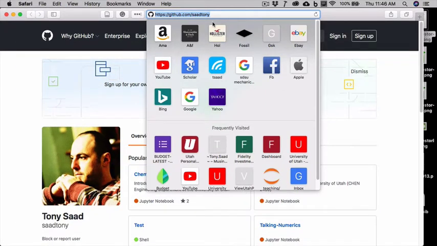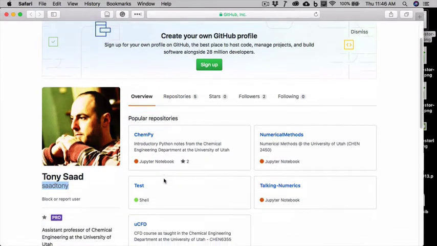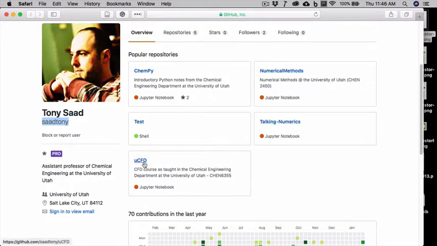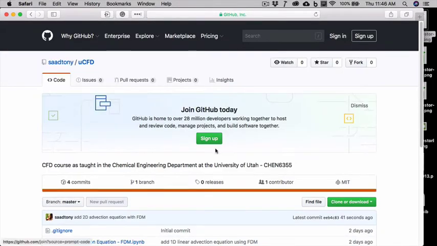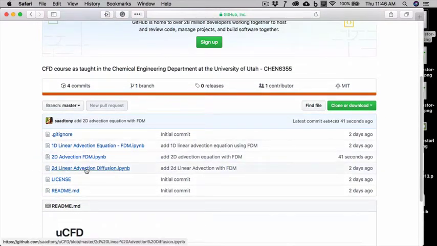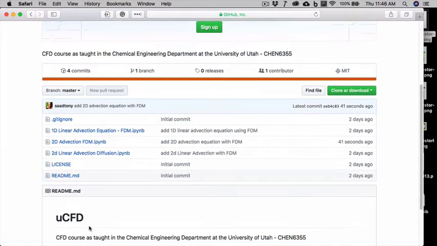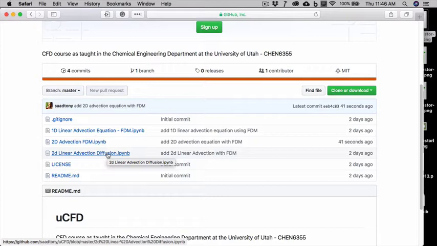Well, I cannot magnify this anymore, but if you scroll down, there's something called UCFD, because we're the University of Utah. UCFD has a bunch of notebooks. Now, if you want to see that, you can either download it,